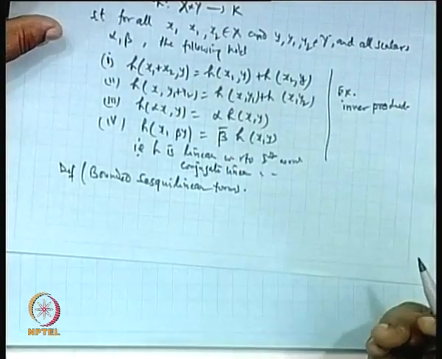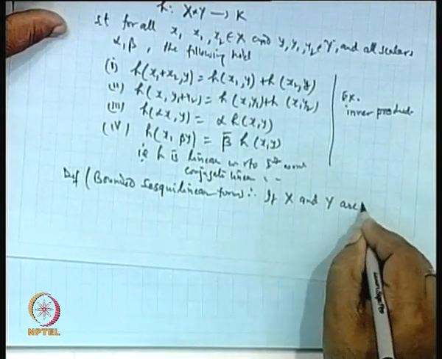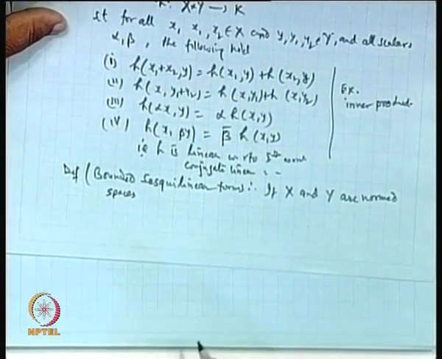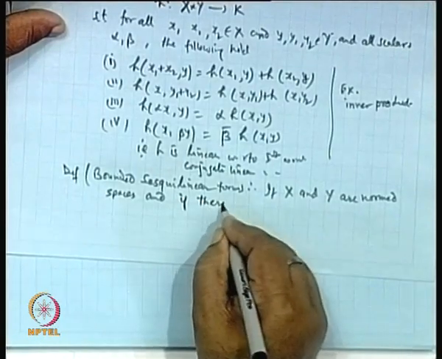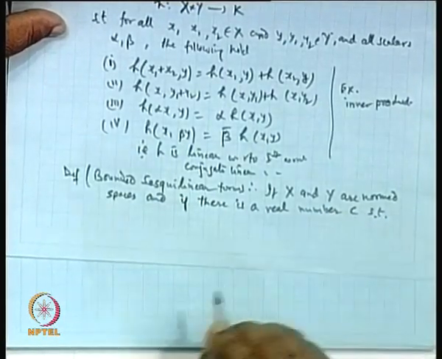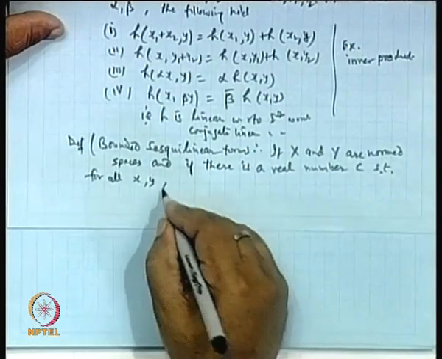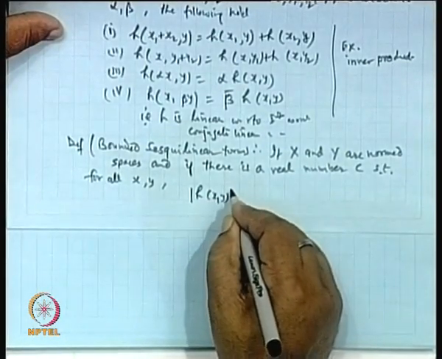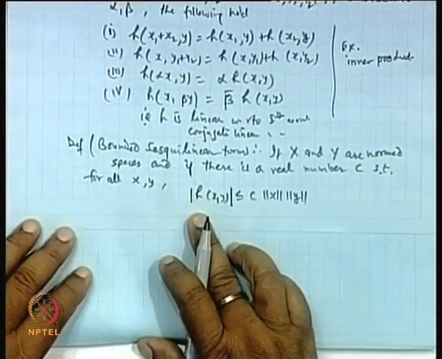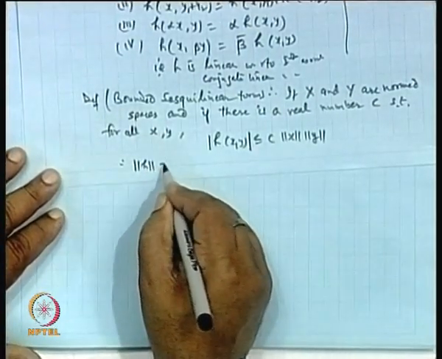If X and Y are normed spaces or Banach spaces, and if there is a real number C such that for all x, y we have the absolute value of H of x comma y less than or equal to C times norm of x into norm of y, then we say H is a bounded sesquilinear form, and from here we can write the norm of H as the supremum value of